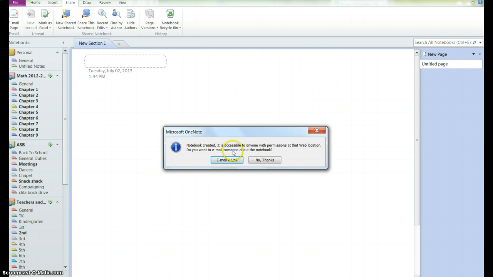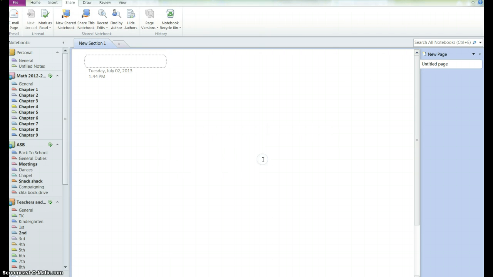Alright, do you want to email someone about the notebook? This feature is nice for when you do choose to share your notebook. I'll talk about one of the applications that the students can use, that they can, after they're done with their notebook, share it with the class or share it with the teacher, and then the teacher can share it through Edline. But for now, no thanks. Alright, so you can see it starts with a section already. Just says new section. We're going to label this new section